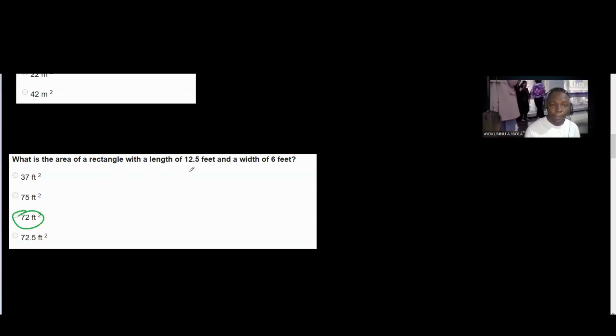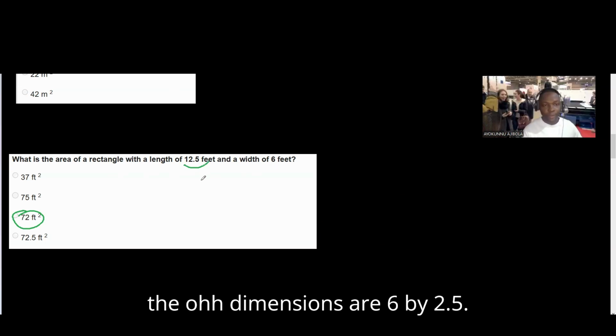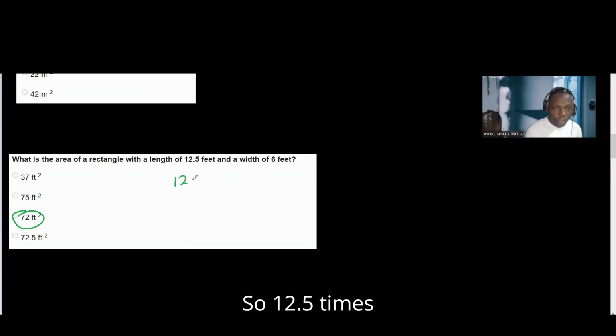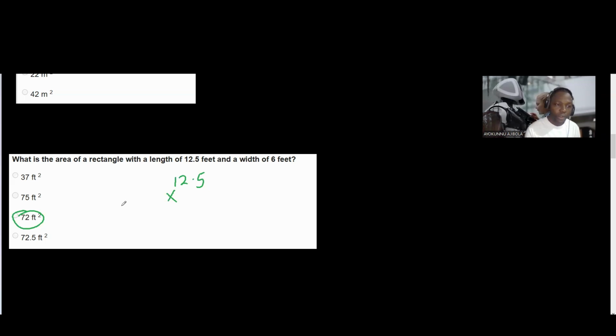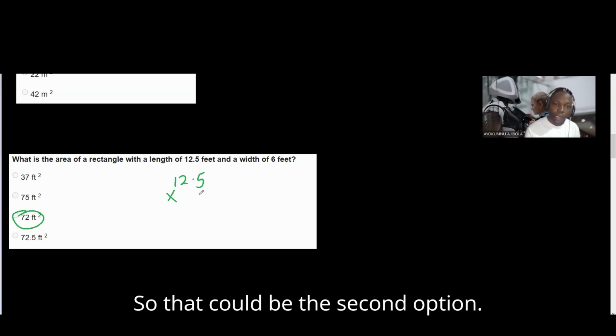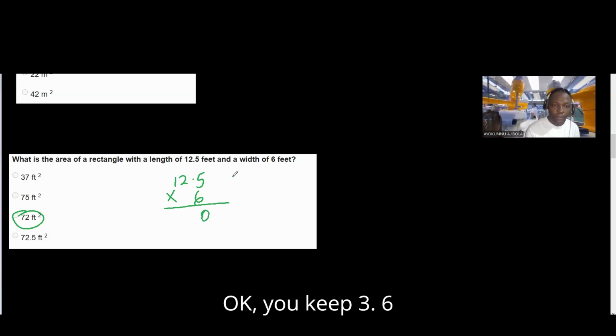So the dimensions are 6 by 2.5. So 12.5 times 6 cannot be third option because 12 times 6 is 72. So that could be the second option. 6 times 5 is 30. Okay? You keep 3. 6 times 2